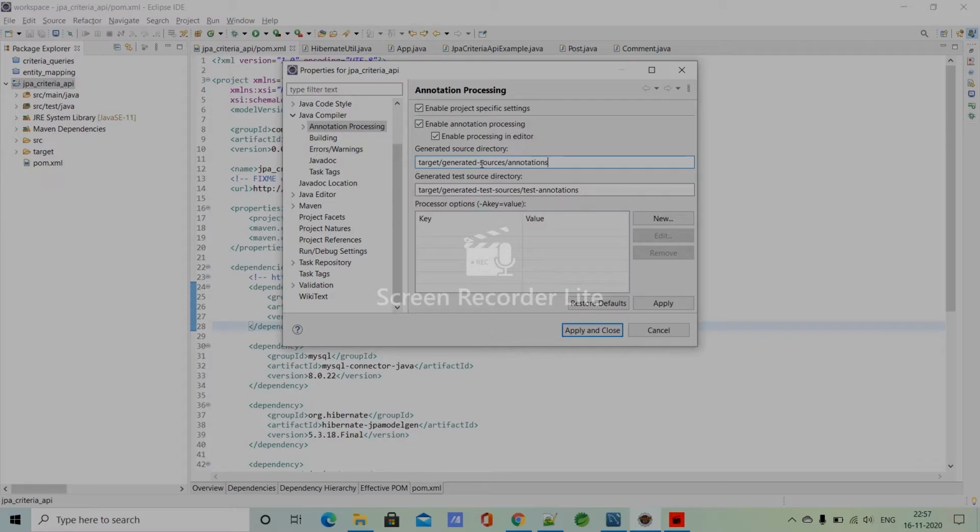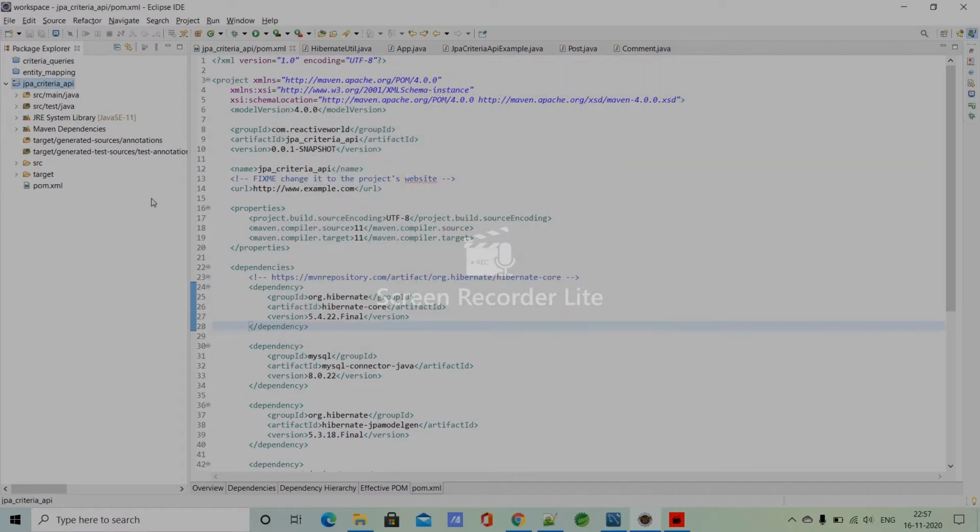Okay, it can be anything, it's all up to you, but this target slash always remains the same. So apply it and apply and close. So you can see here now it generated the source folder for your metamodel classes.